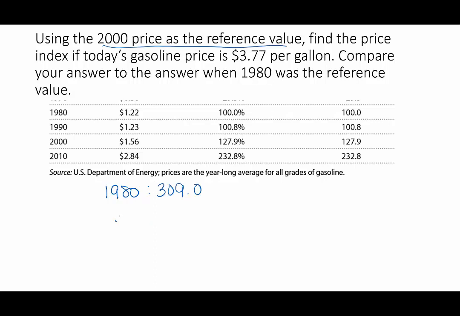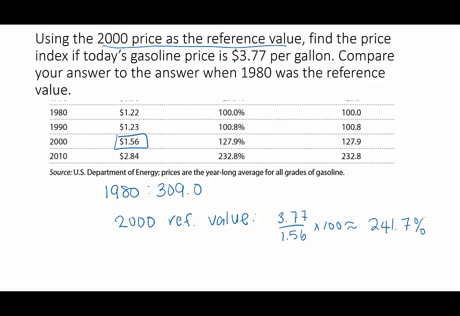What if we use 2000 as our reference value instead? So we're changing our base. If 2000 is our reference value, we would say 3.77 divided by 1.56 times 100, and we get approximately